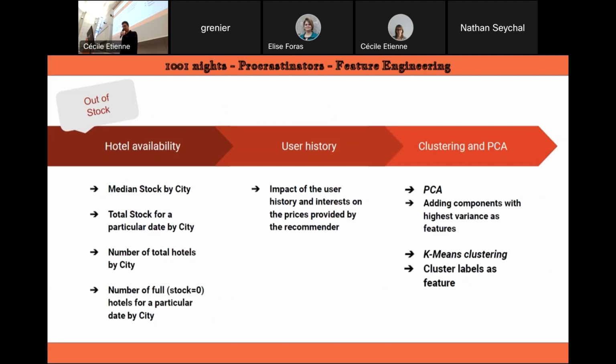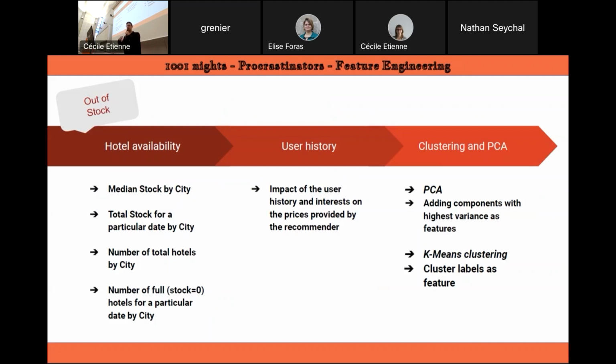So, okay. After we started gathering more and more data, we tried to do some feature engineering on it to expand the feature space and see if we could add more information. The first thing was adding features about hotel availability. I don't know a lot about economics, but our intuition was that the availability and the stock of the hotels has a big impact on the prices of the rooms.